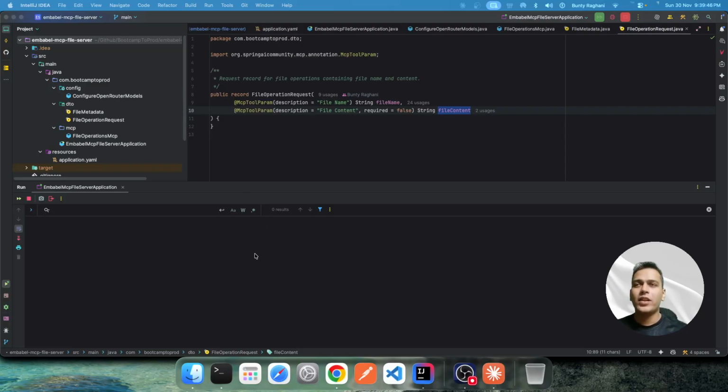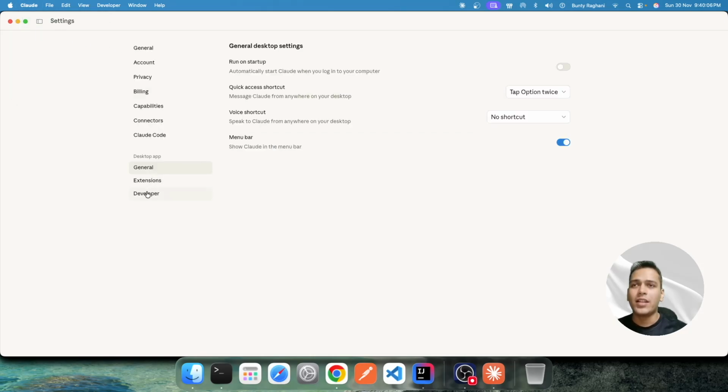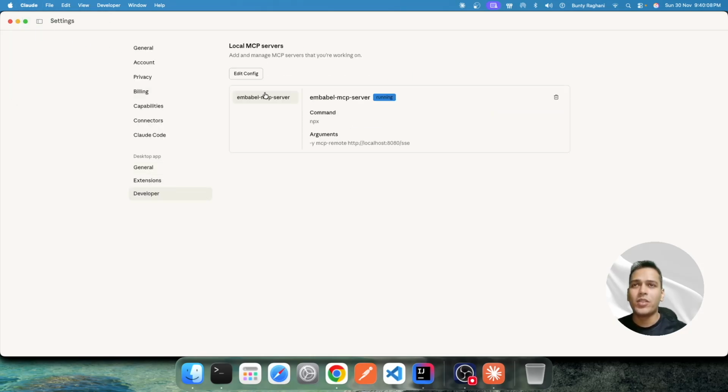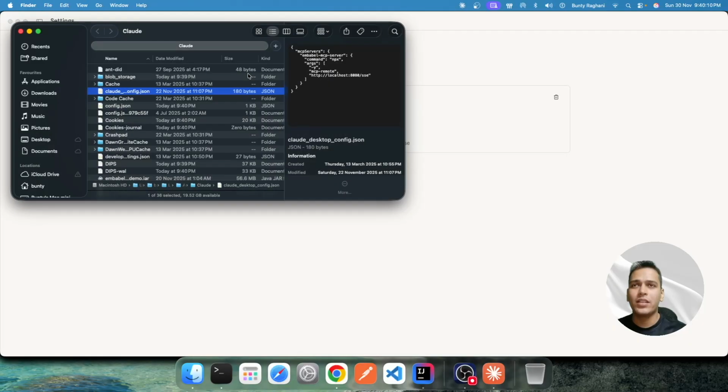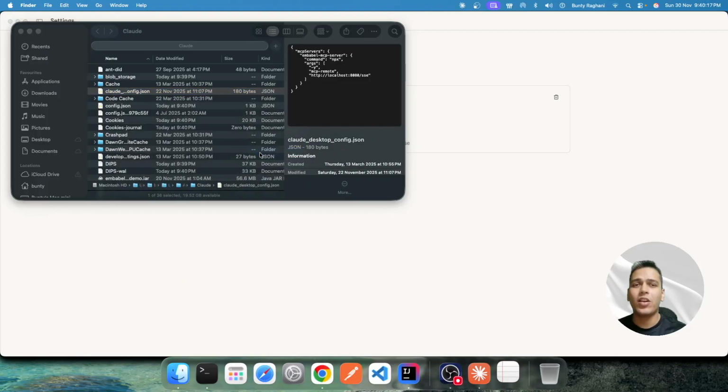Now another way of testing our MCP server is using the actual MCP client, which in our case will be the Claude Desktop. So we will open the Claude Desktop. Here inside the Claude, we need to specify the settings related to our MCP server, for which we need to click on Claude settings. And inside that, we need to go inside the developer option. We need to click on edit, and inside the claude_config.json file, we need to specify how we can connect